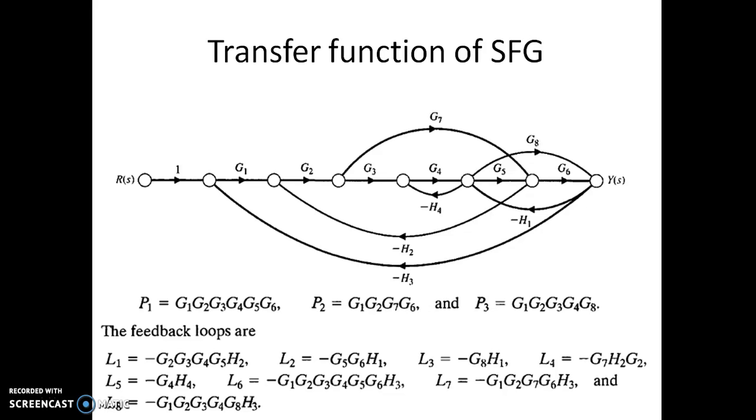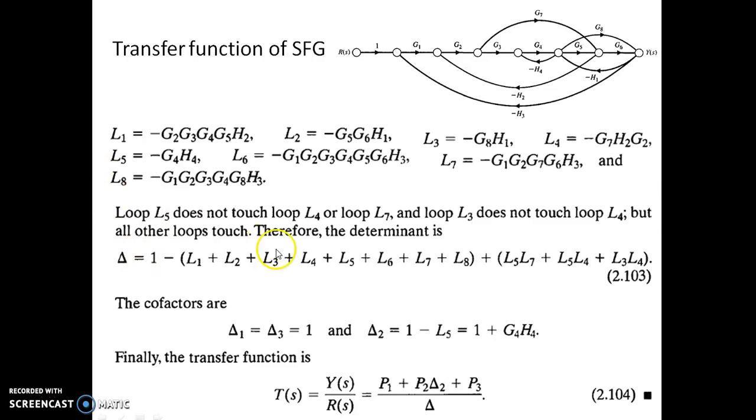other. So by observing this signal flow graph we can actually find out L5 and L7 are not touching. So I want all of you to carefully look into what is this L5, L7. So let me have a look at this L5. This is G4 into minus H4. So this is L5, and